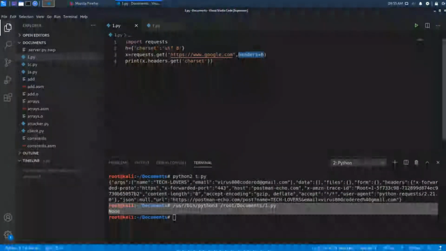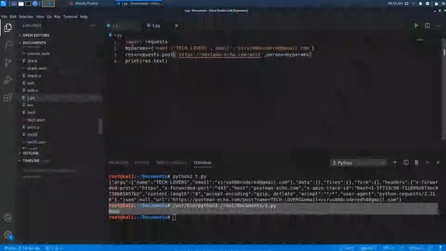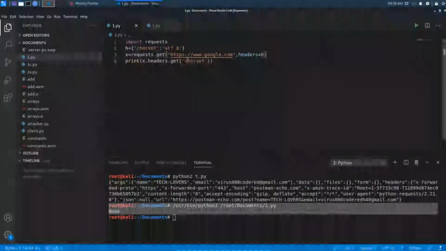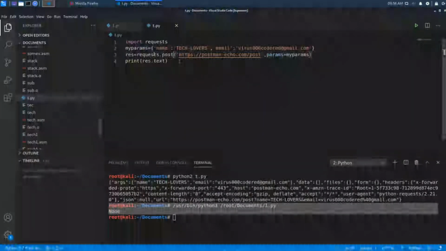Sorry for that. You need to mention the dictionary value using the headers parameter. So this is how you pass custom headers, and this is how you get one particular header value, and this is how you use a post request.